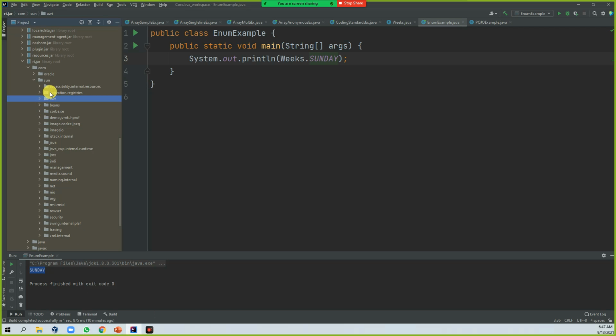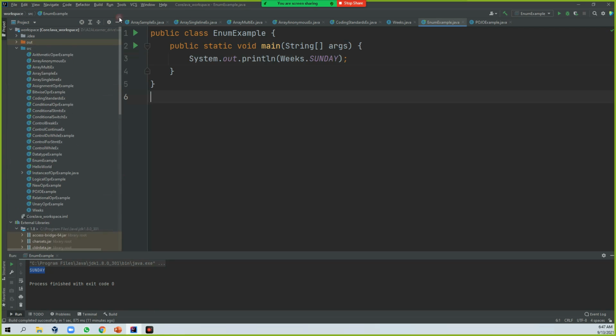Let's see the difference here. Whatever you see here are all built-in packages. A package is nothing but a folder. If you write your own, we will write one own package. So let's write one package here.